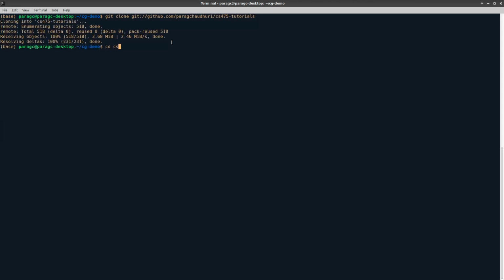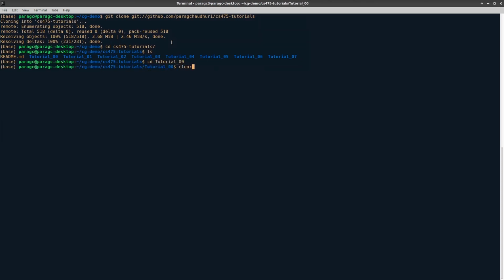So you should all get your GitHub IDs by now if you haven't made them already, and you should learn how to use Git if you haven't used Git before. So you can just fire off a git clone command and it will get you the entire repository for the tutorials. I'll just go here and you can do an ls, and if you go to tutorial 0, you'll see